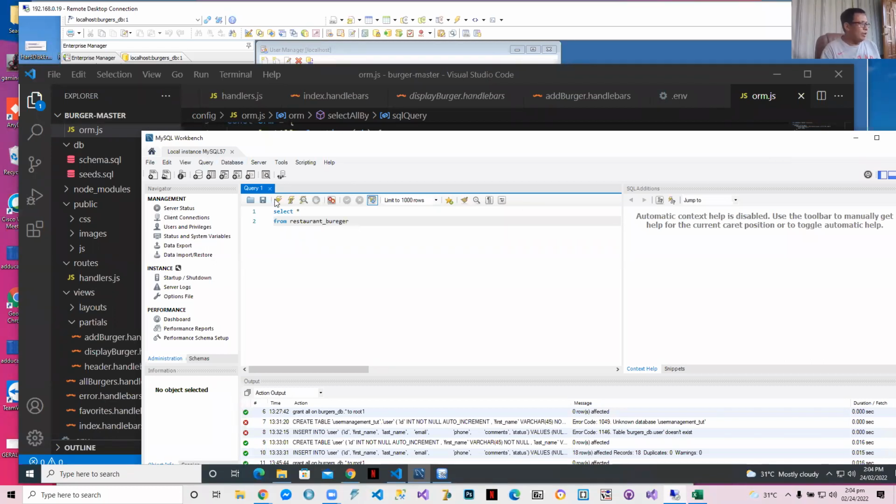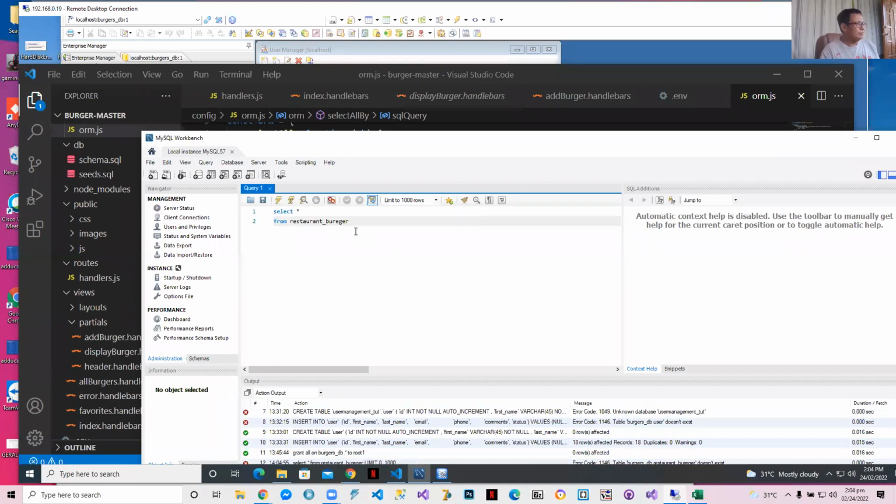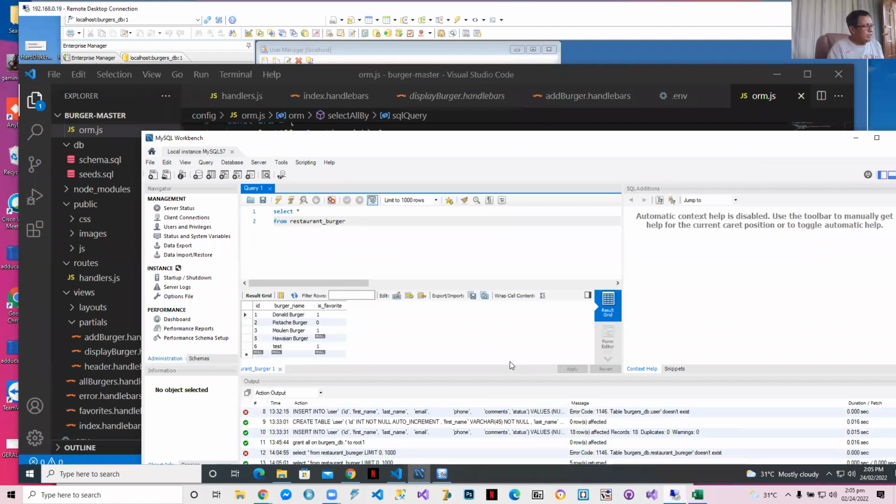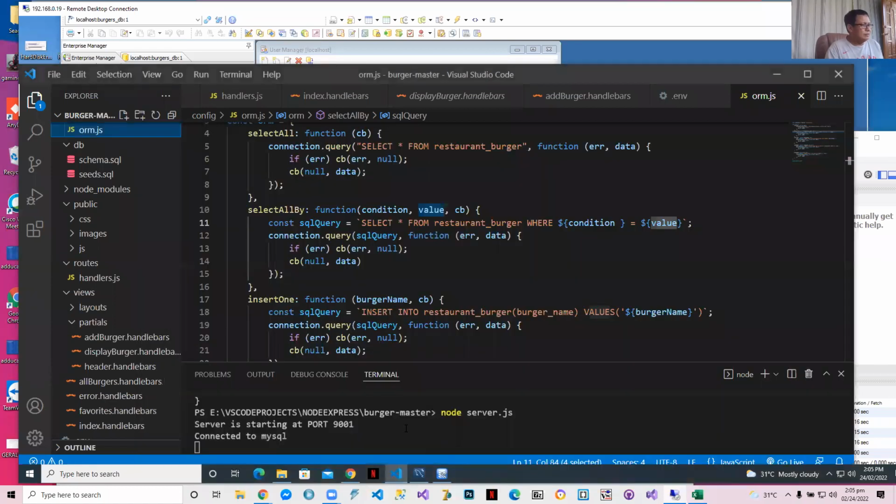it will return the following JSON, burger. Okay, it will return in JSON format. It will have ID, burger name, and is favorite. Okay, 3 fields. Do you follow? So it's now in